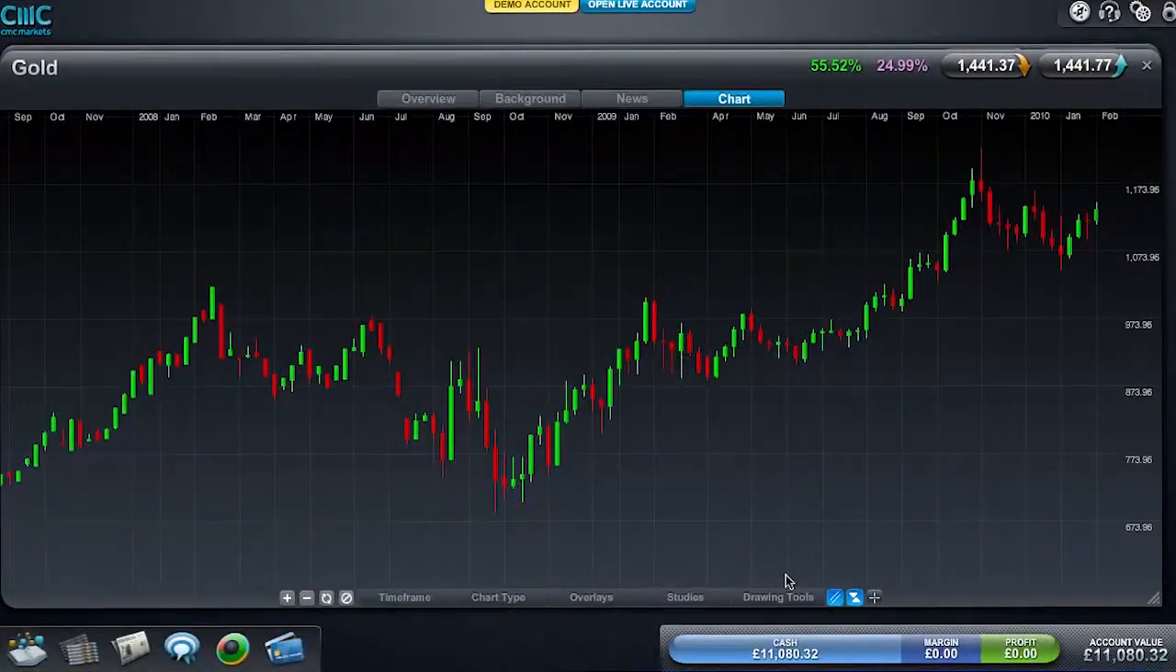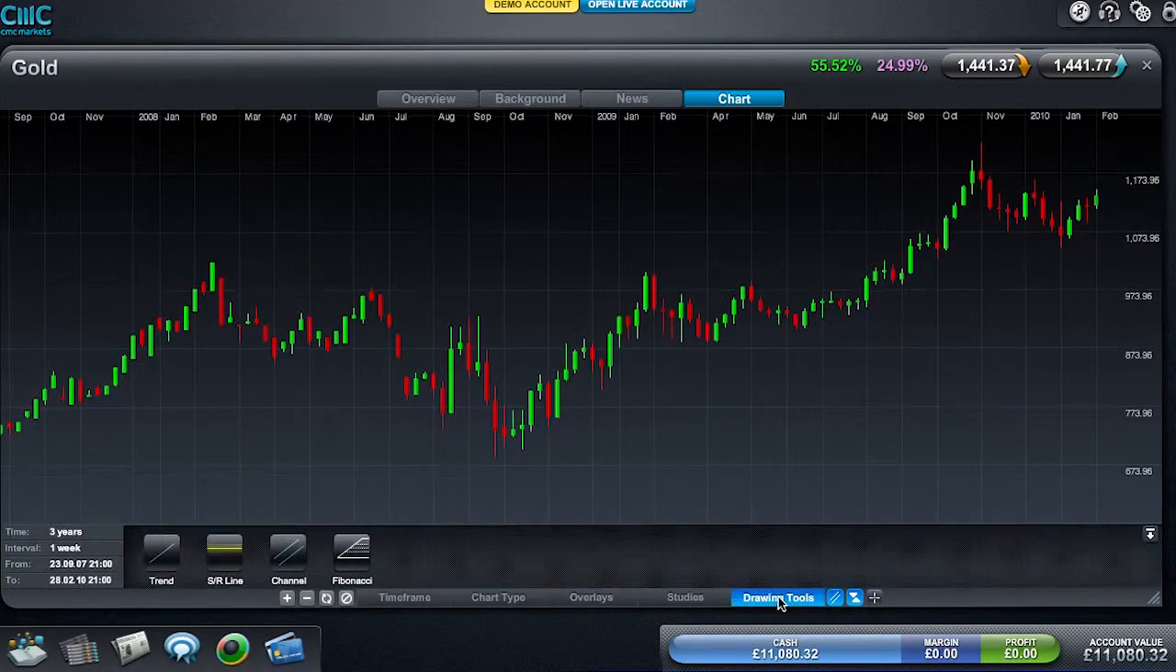Now, a resistance level is an area higher than the current market price that we find the sellers come back into the marketplace. And what actually happens is the price seems to fall at this level. Now, we can trade off the back of that in a number of different ways, but let's try and identify that resistance line first. So if we go down to the drawing tools, we have one there called the S&R line. If we click the S&R line,